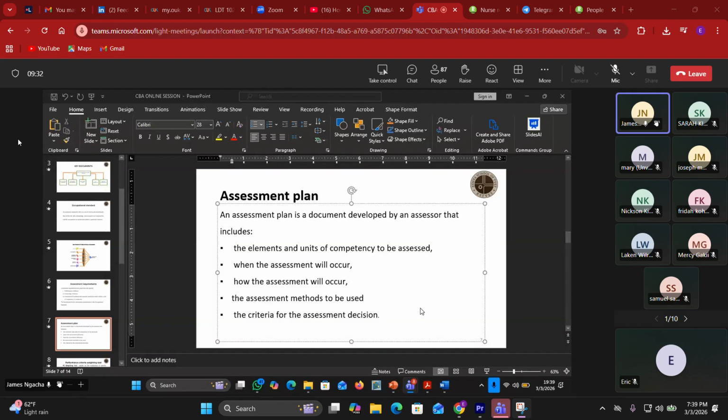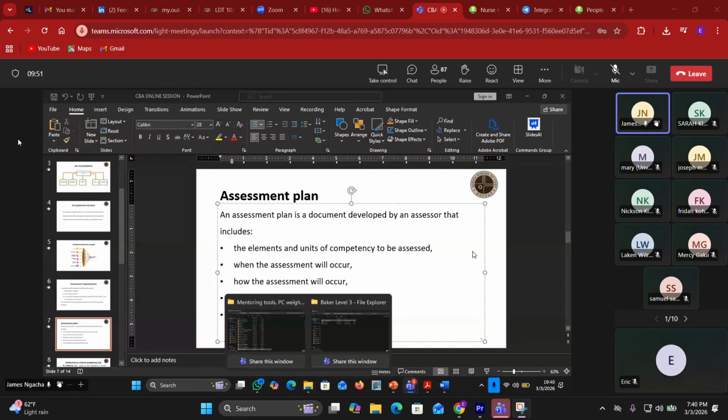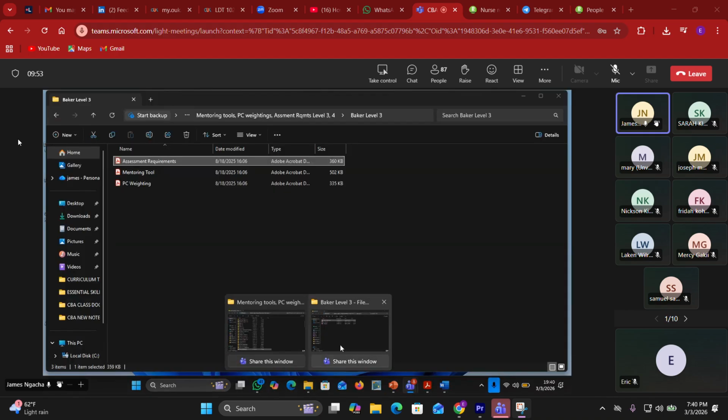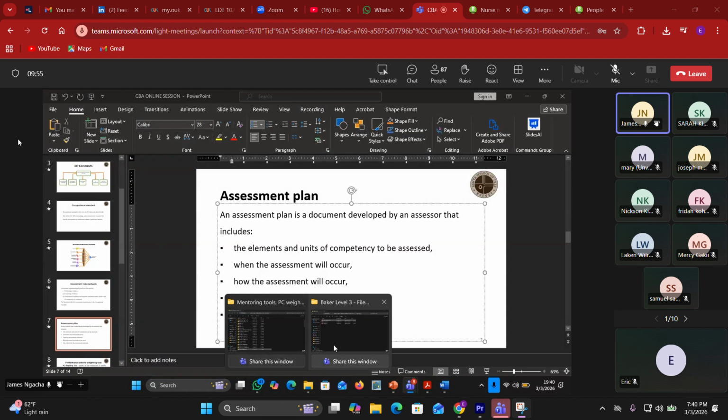And they must agree to that path of assessment and sign against that particular document. So if you look at a template for that assessment plan and see some of the components for that plan,